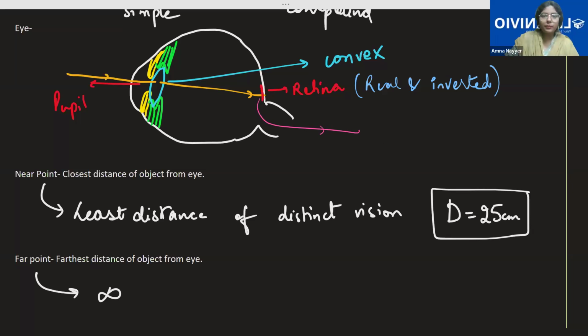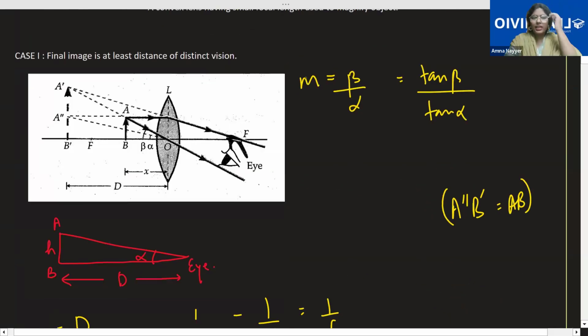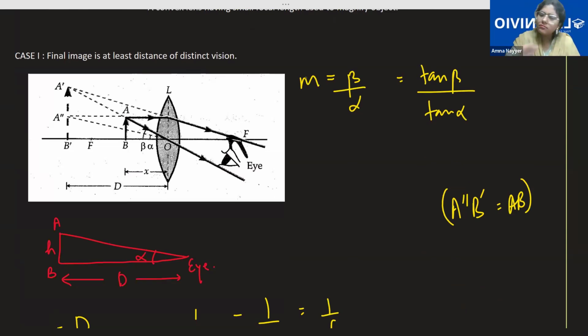Okay, class. So coming to the simple microscope. See, simple microscope basically has one lens. Okay, simple microscope you can understand magnifying glass, that level. Okay, that much magnification. So look, what we have to derive or what we have to calculate is magnification. Magnification is basically angular magnification, not the magnification that we have studied. That was the linear magnification. Okay, am I audible to all?